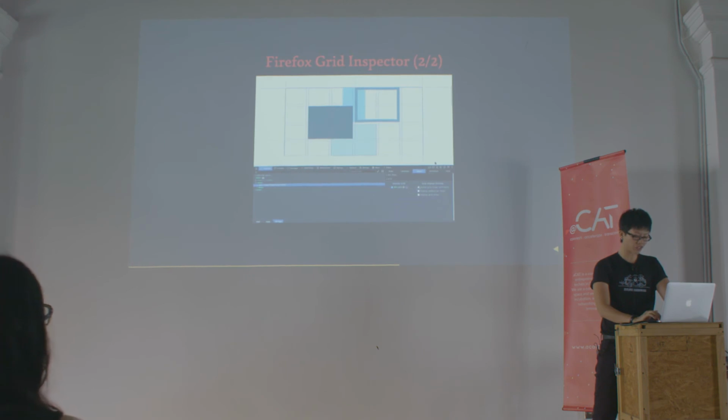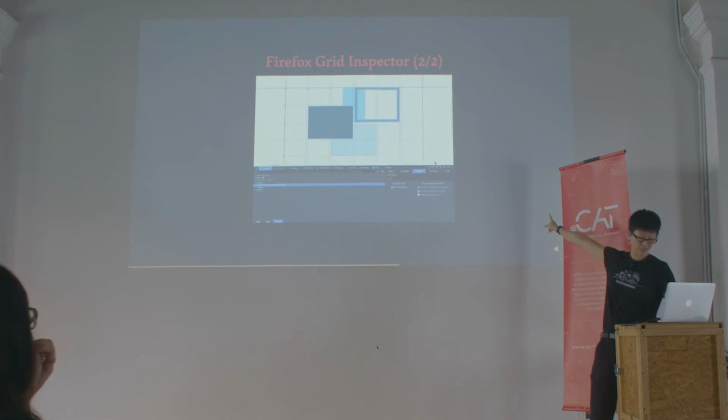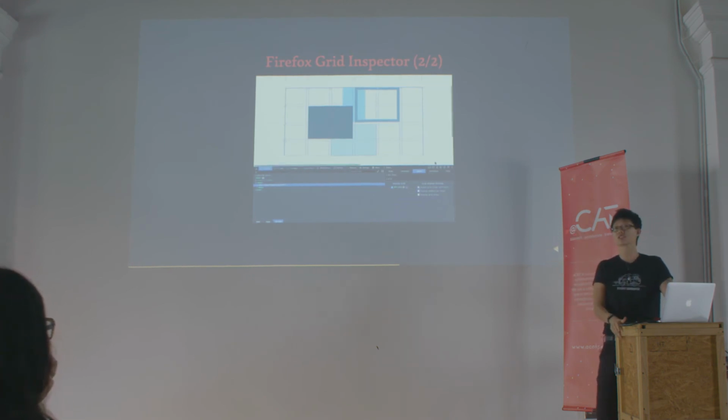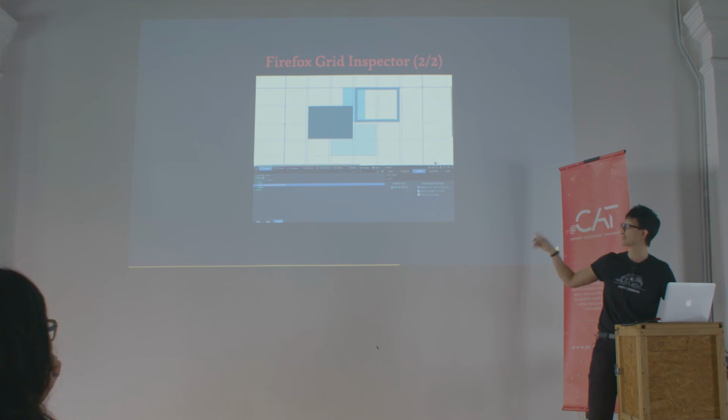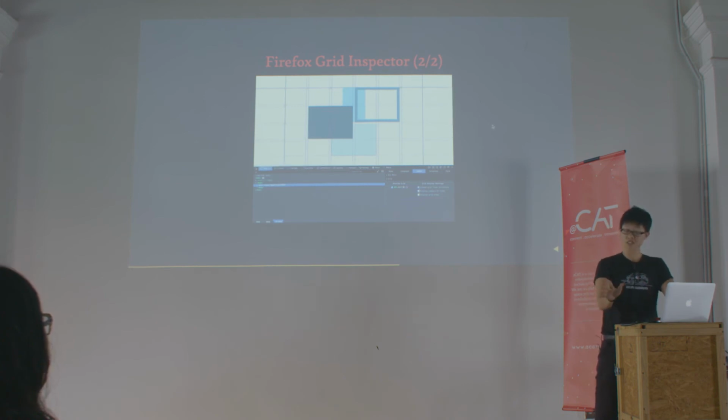Now, if you're on Nightly, you'll also have a layout panel in your DevTools, which gives you customization options like displaying the line numbers, or if you're using grid area names, it will show you your grid area names. If you're using multiple grids on the same page, you can change the colors of the grid so you don't get confused. So that's grid.